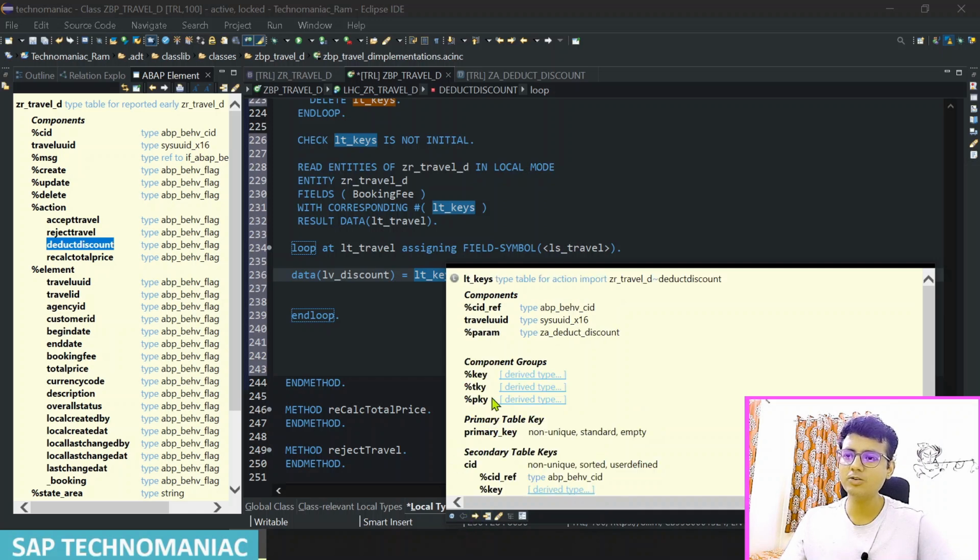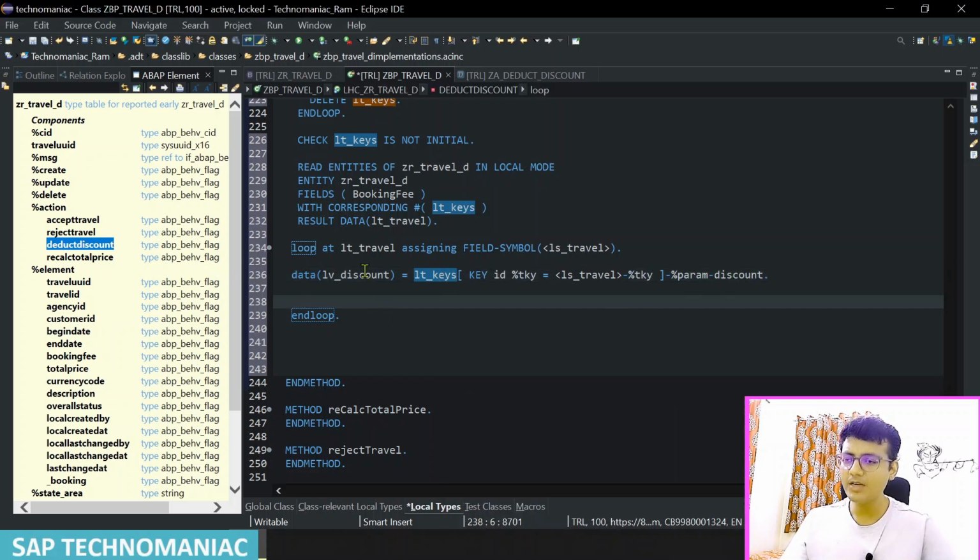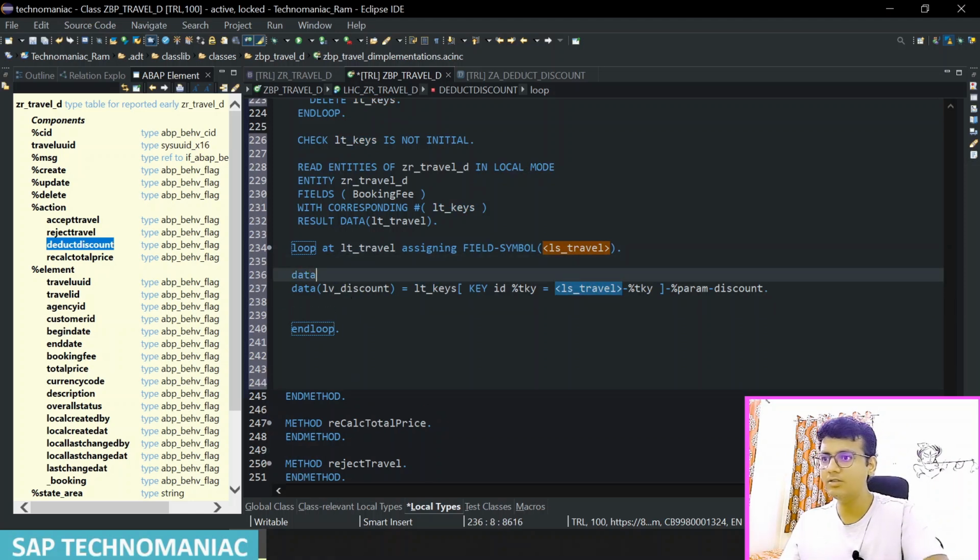So percentage key is also the same. If you open the percentage TKY, that also has only one field, called the travel UUID. So this is how we have read the discount. Now we want to apply the discount on this particular amount. So for that, whatever the discount value, I have to declare one value, data